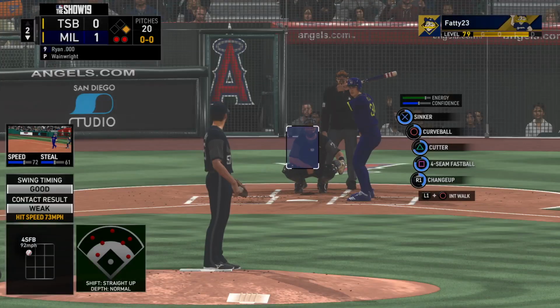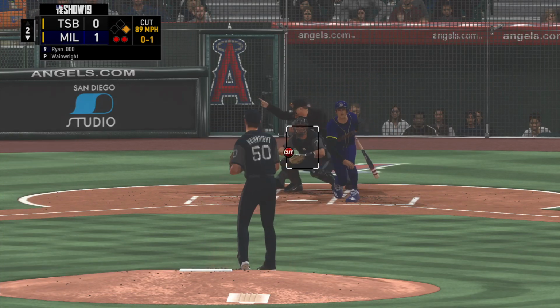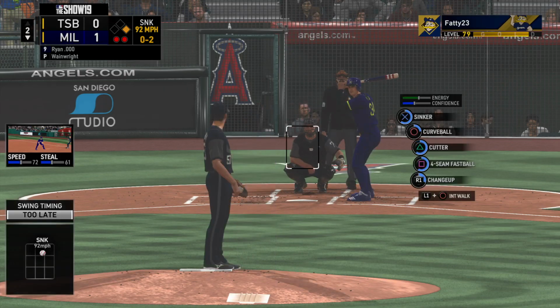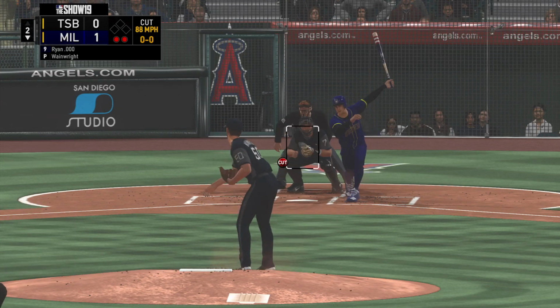So here now's the pitcher, Nolan Ryan. Wainwright comes set. Here's the first pitch, and that's cut on and missed. 0-1. Late decision to swing that time, and as a result, it's 0-2. Swung on and missed, and that's the...